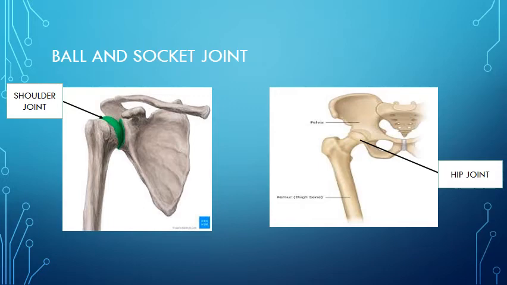Now the next example is the hip joint. In the hip joint, the ball of the femur bone, you know the femur is the thigh bone and it is the longest bone of the human skeleton, is fitted into the socket of the hip bone. The ball of the femur bone is fitted into the socket of the hip bone, which makes it move freely. With the help of this joint, we can move our leg or thigh freely.